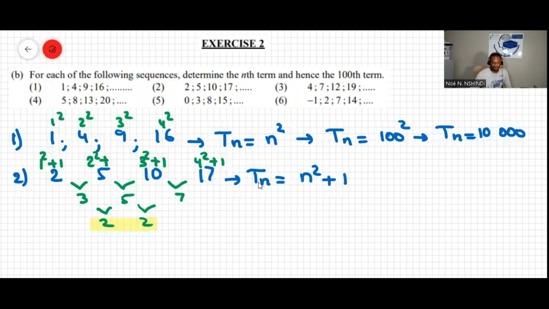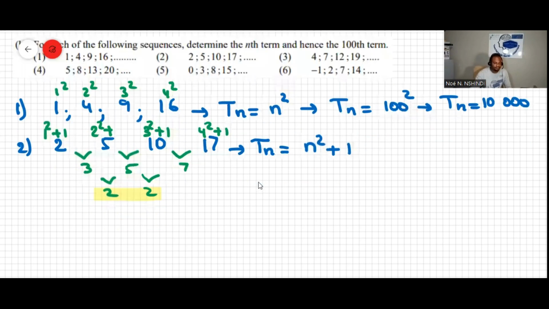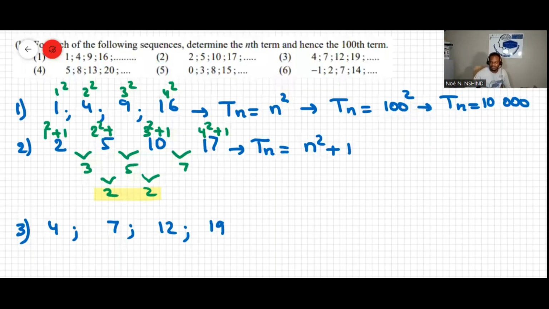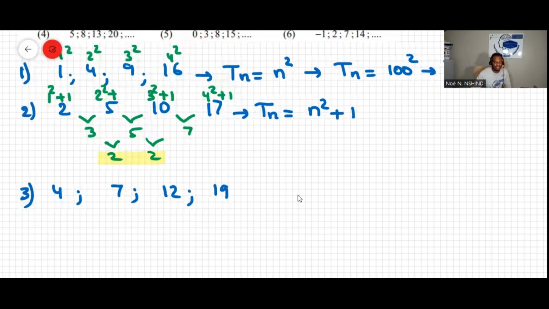Let's see question 3. We have 4, and then 7, and then 12, and then 19. Now, over here, we can't really do much with 7. I can say 4 is 2 squared, but 7 and 12 and 19, not really. But if you look at this carefully, you notice that